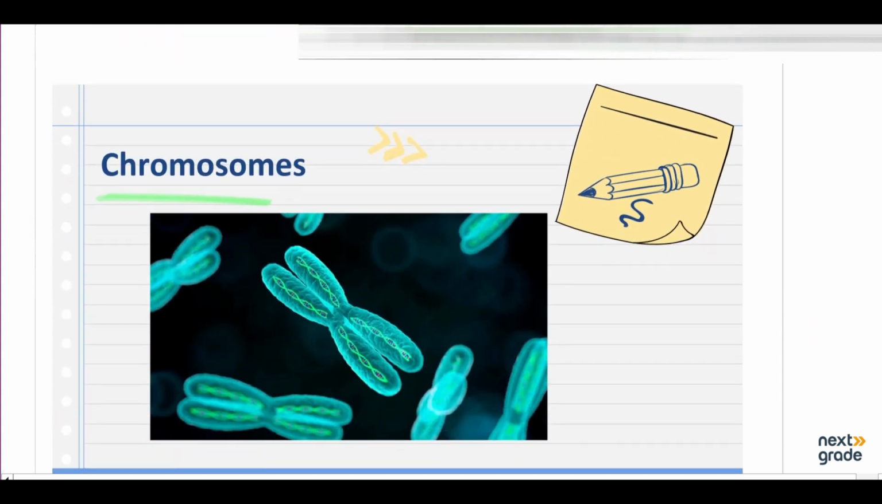So, chromosomes. Chromosomes are basically a structure that is deeply stained and that is present inside the DNA that contain all the hereditary material that is passed from one generation to the other generation. So our cell basically packs DNA threads